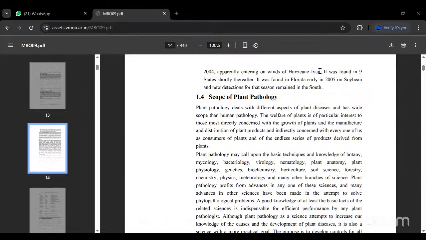The welfare of plants is of particular interest to those most directly concerned. It draws on the techniques and knowledge of mycology, bacteriology, virology, nematology, plant anatomy, plant physiology, genetics, biochemistry, horticulture,